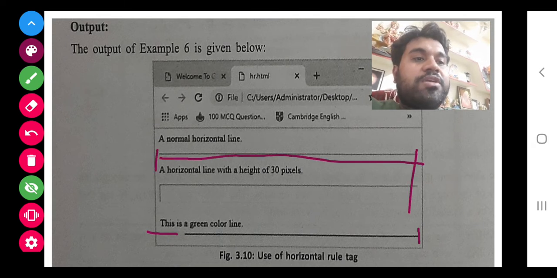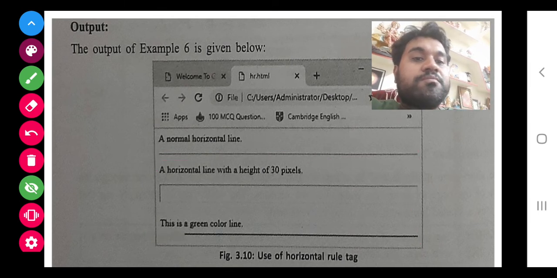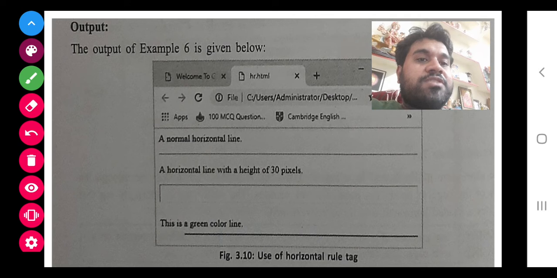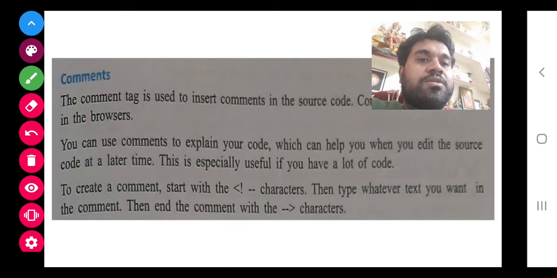So here to here it is coming completely, but this one is only 90%. And bold it is coming just because it is given green color. So in black and white it is coming, you can say, a little bit bold. Actually this is because of the color only.